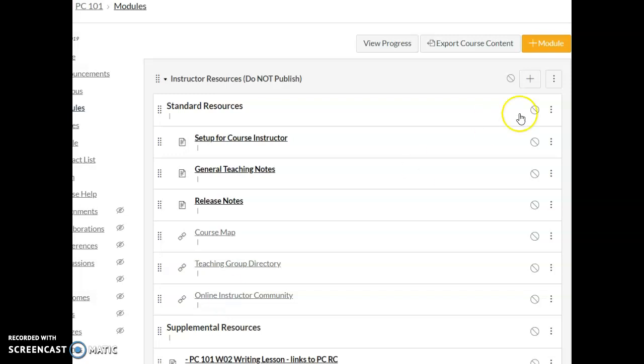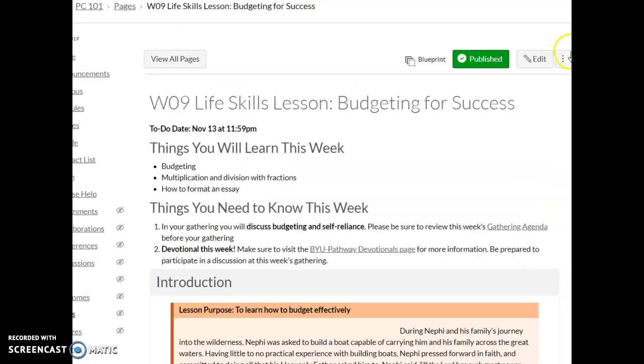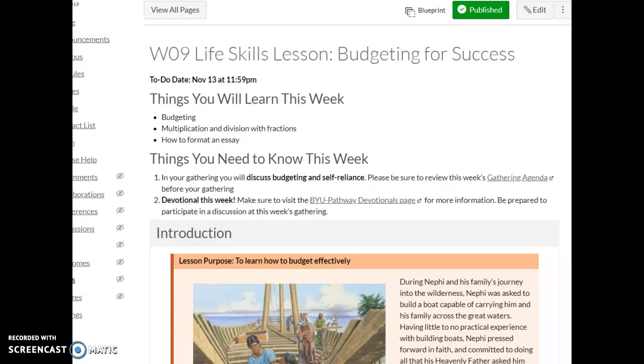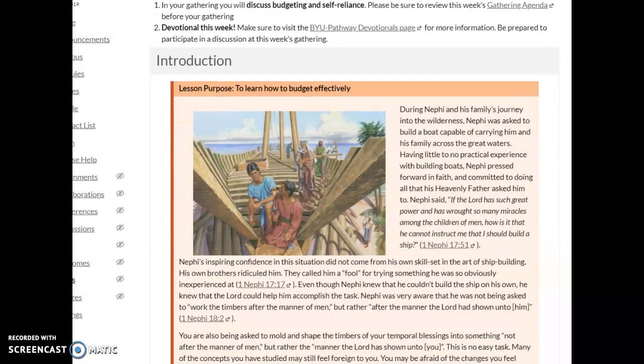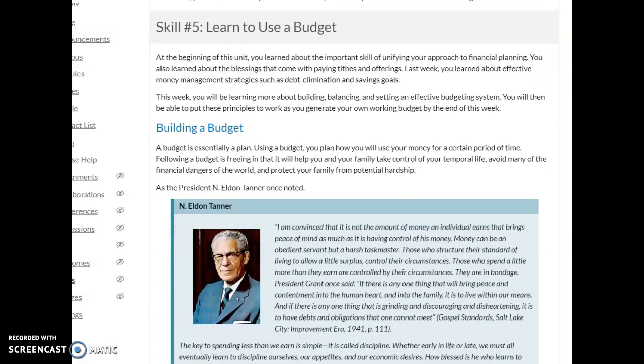This week, for the last 4 weeks, you have been compiling your budget and seeing how much you spend. This week, you are actually going to take that information and use it. So the first thing you will do is read Budgeting for Success. And this section gives you a lot of great ideas and tips on how to budget your money and avoid